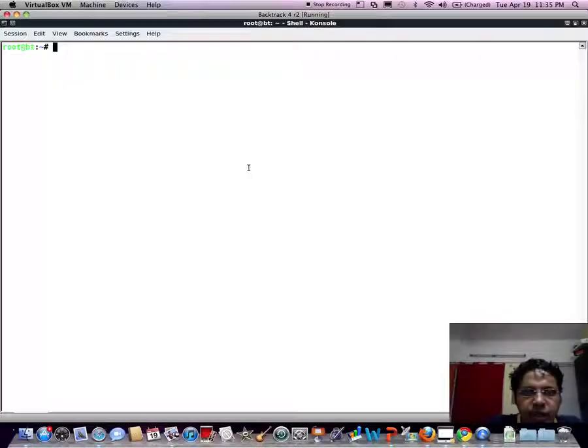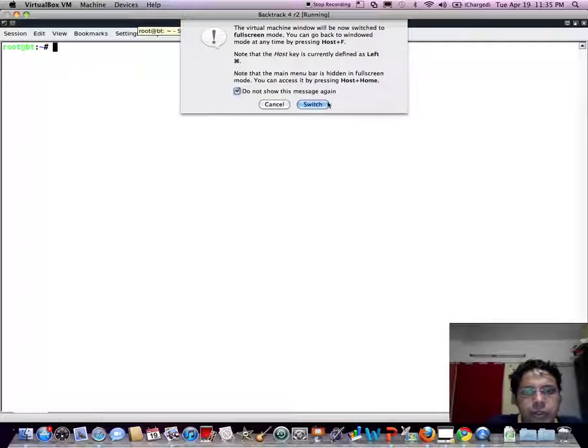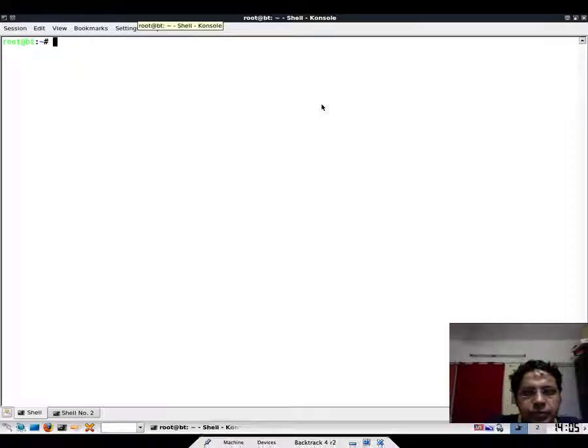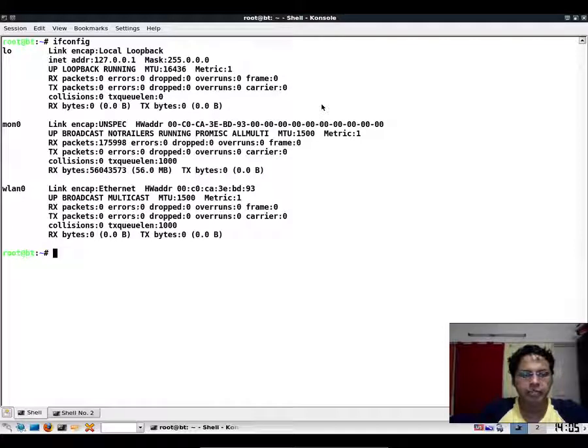Let me open up my backtrack instance and jump into full screen. And here we are. We've already connected the card and created the monitor mode interface, so I request you to do that if you've not already done so. Let's launch Wireshark.